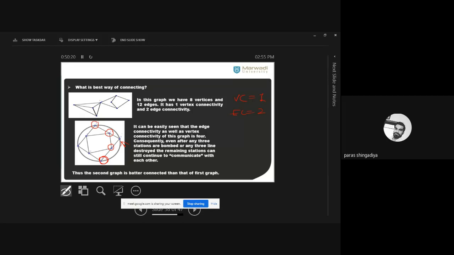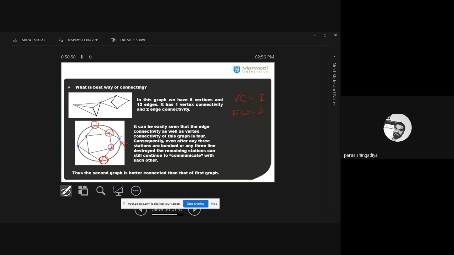And it is not possible in Rajkot city in this case. There is only a single road between any two places. Clear? If I consider this place A, then it has 4 different road networks to reach place A. So if any one road network is destroyed, then still it is connected with the rest of all the places.